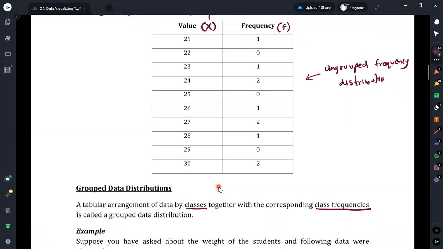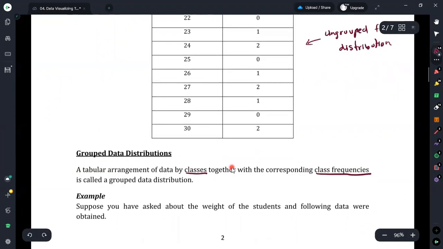It is because if we have a lengthy table for an ungrouped frequency distribution, it will not make it easier to get an idea regarding the data set we have. Therefore, in such situations, what we can do is replace the ungrouped frequency distribution with grouped data, or a group frequency distribution. In the ungrouped frequency distribution, we had single values, but here we are making classes for the values of the variable, and their corresponding class frequencies are also included.